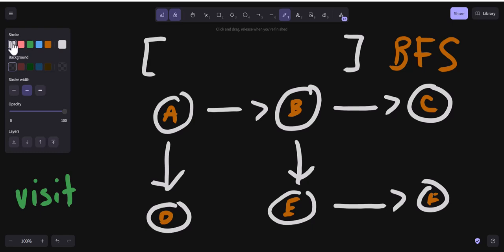Okay, we're going to start off at A. A is just the node I'm going to pick for us to begin at. And we're going to do breadth first search. We're going to use this algorithm to traverse the entire graph, if it is traversable. Now, why do I have these